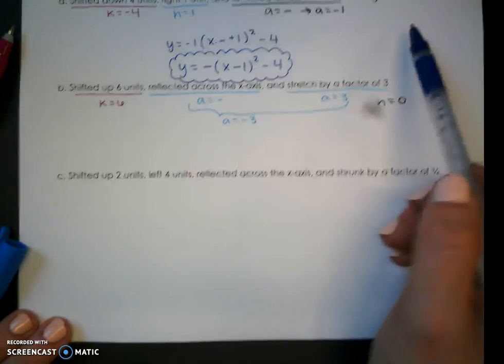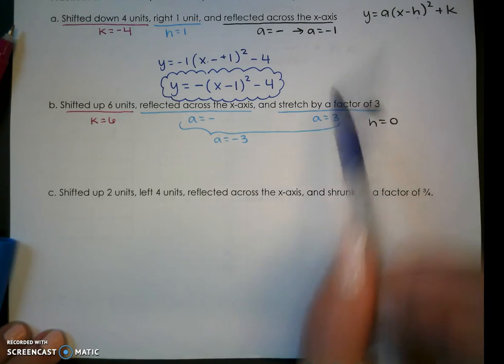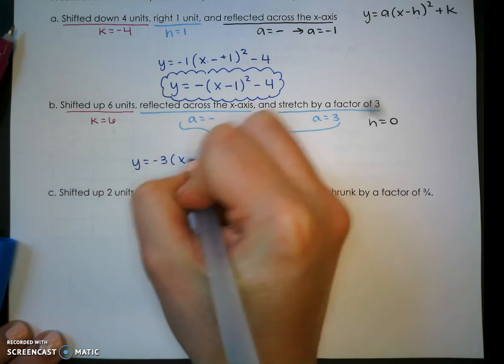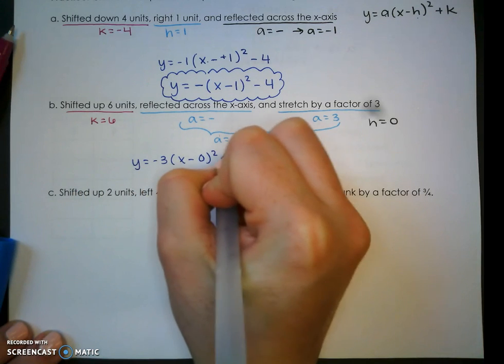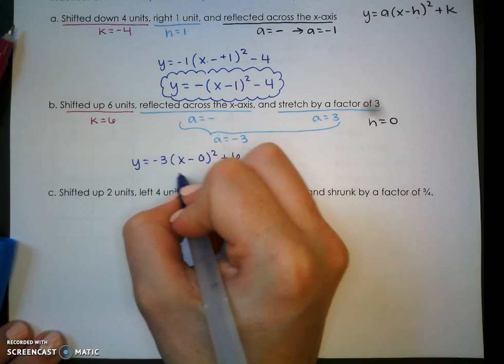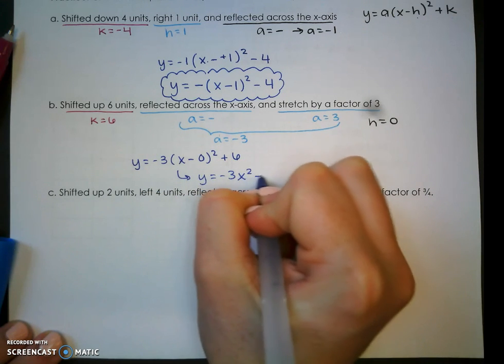So just plug everything back in to this equation. A, H, and K, alphabetical order. So y is equal to -3 times x minus 0 squared plus 6. Subtracting 0 is not going to change that value of x, so this is just going to become -3x squared plus